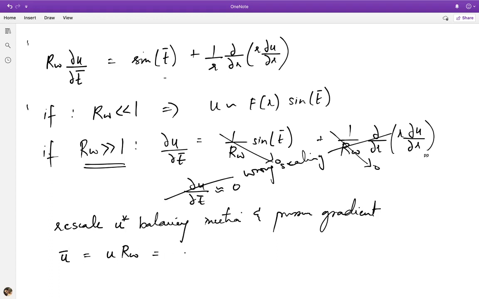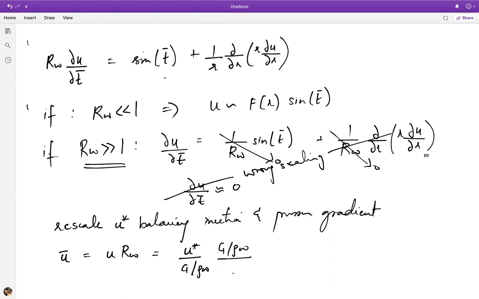Right? This is in fact, remember, really equivalent to saying that I want u star to now be scaled by a new velocity, which will actually come out of the balance of the inertial terms with the pressure gradient. And you can actually show that that new velocity is simply g by rho omega. You could check this by going back to the equation, substituting in uc, and then rather than balancing a pressure gradient with the viscous term, you balance the pressure gradient with the inertial term, keeping in mind that the time scale now is 1 over omega, right? So you will get this velocity scale.